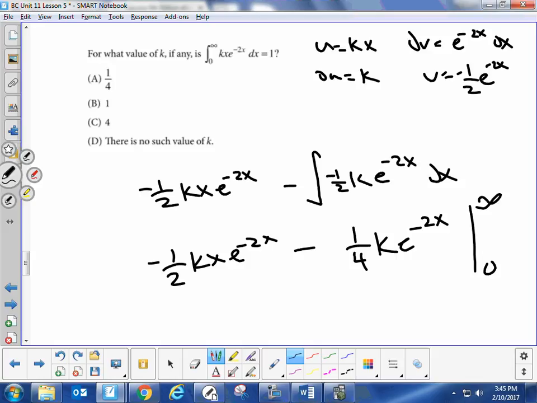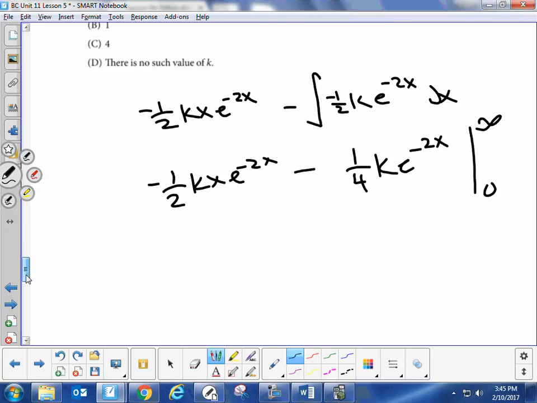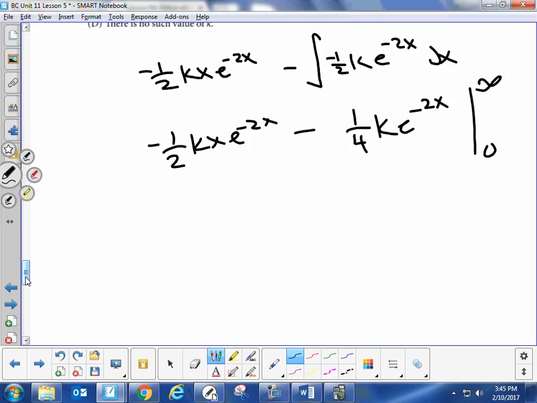Okay. So we rewrite this as negative 1 over, or negative kx over 2 e to the 2x. We can rewrite this as k over 4 e to the 2x